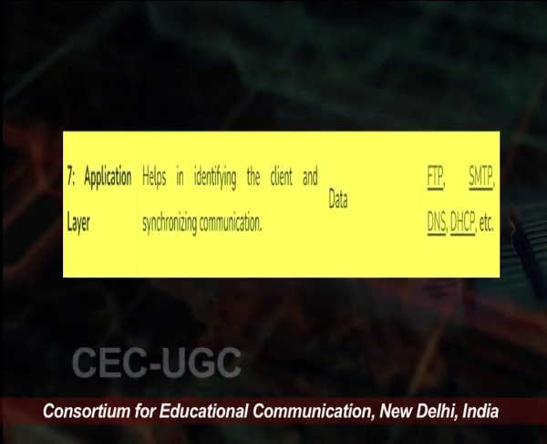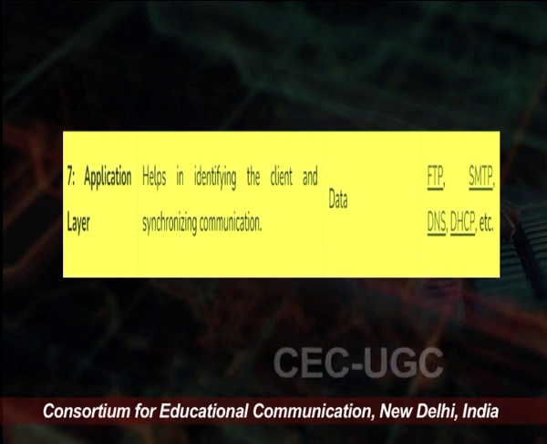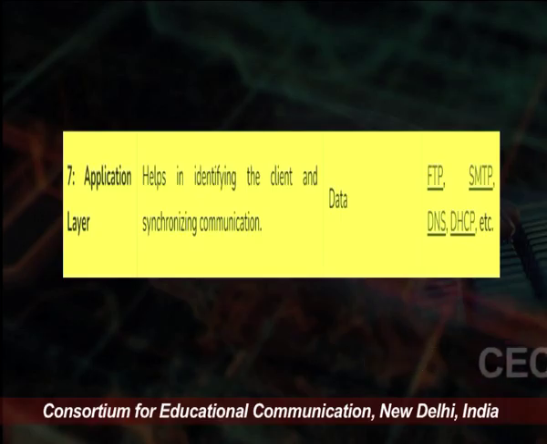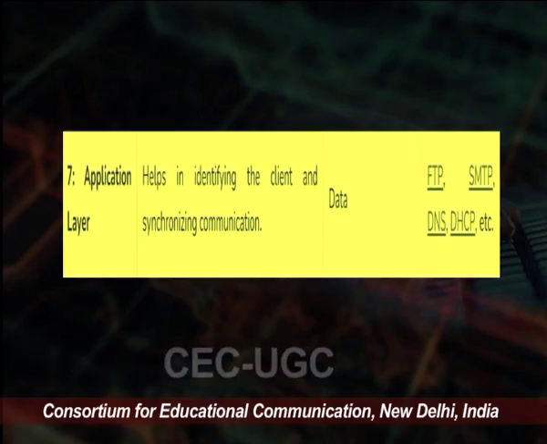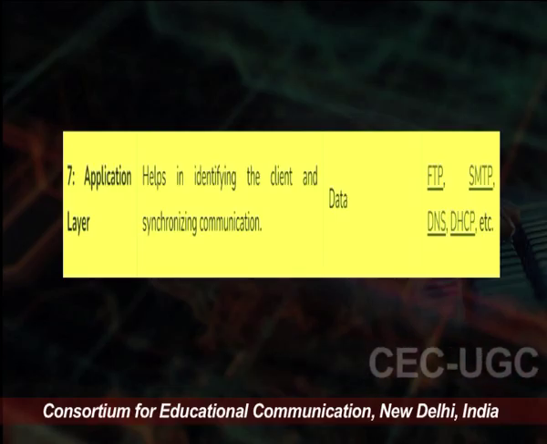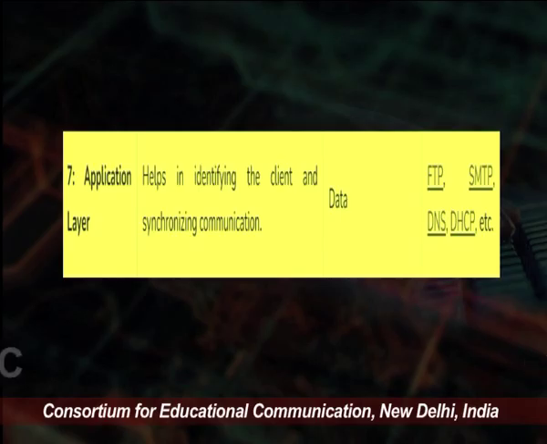Moving further, we have the application layer. It helps in direct interaction with the client and synchronizing the communication. The protocols depend on the applications which are going to be used. It could be FTP, if you are using an email application it could be SMTP, or it could be DHCP or DNS. So, in this way we have covered the whole OSI model, which was developed by ISO, the International Organization for Standardization, in 1984. We have also looked into all these 7 layers and how these 7 layers work independently